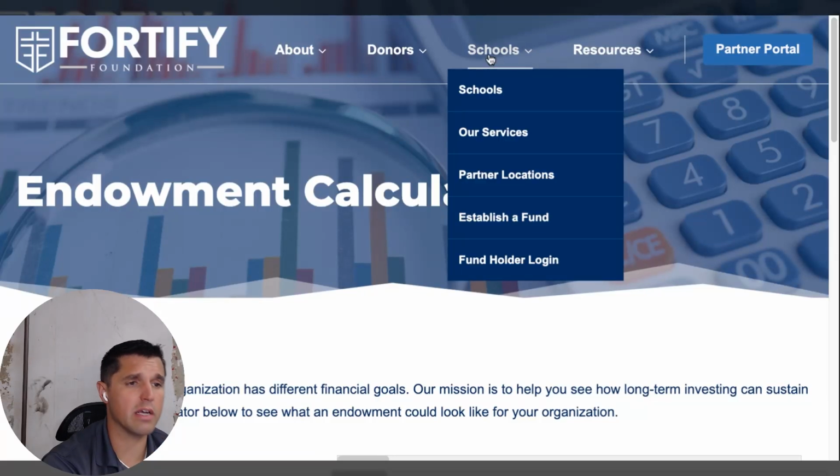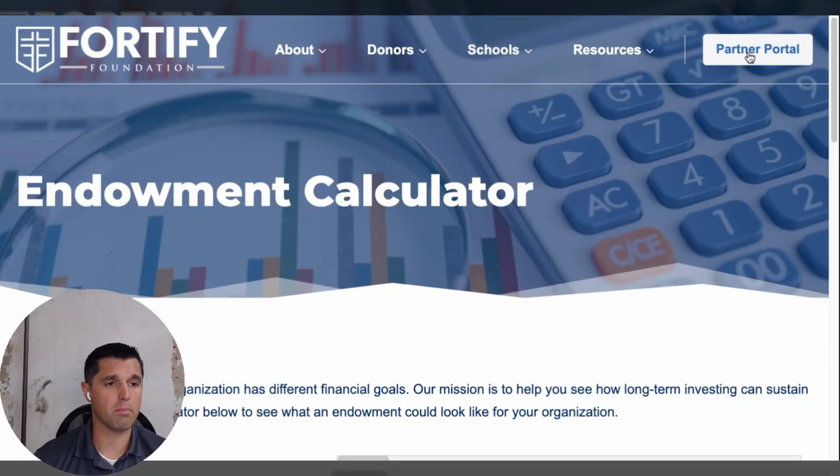And then we have two areas that we're going to focus on in a couple of other videos. The partner portal is where you're going to access all of your marketing and advancement content. This is the resources that we're producing on your behalf to help you be successful in promoting your fund and developing an endowment strategy, whereby hopefully on a quarterly basis you're taking advantage of that content, you're getting it out to your constituents and making it a part of your overall annual campaign.